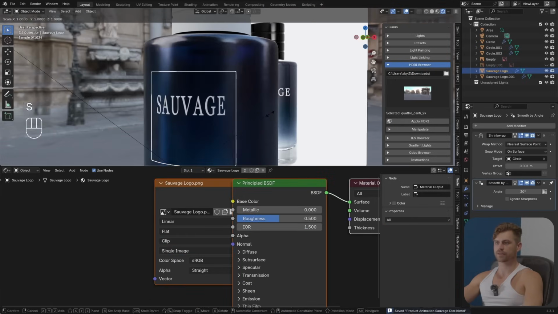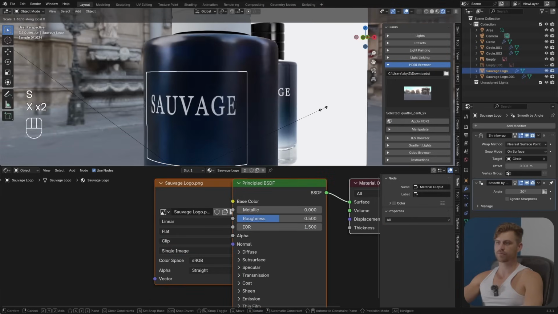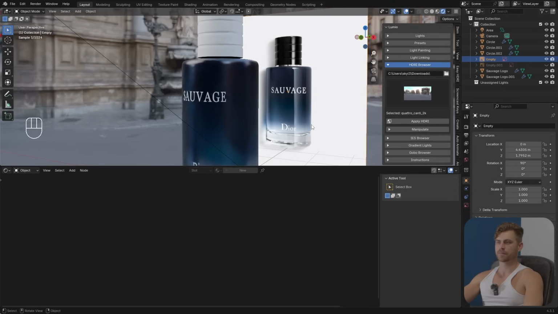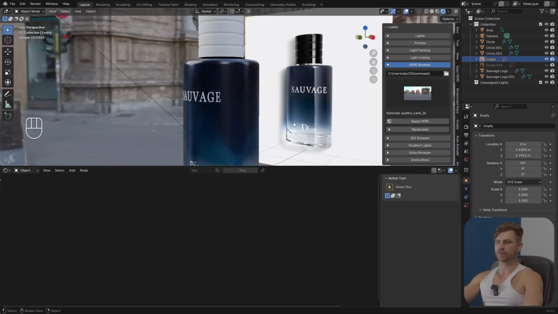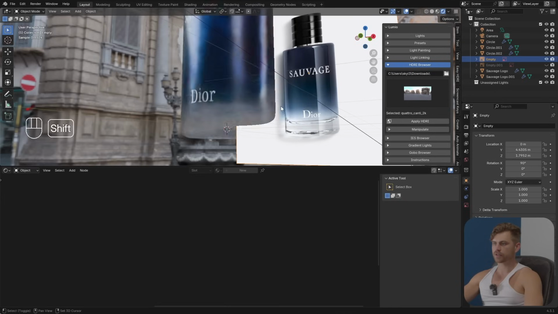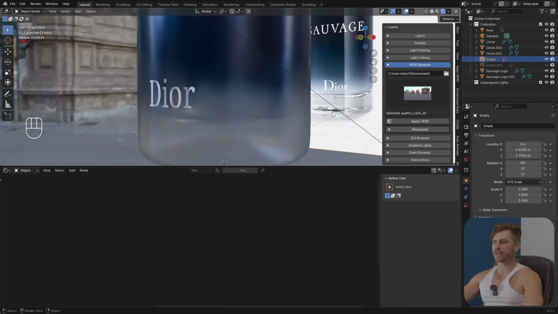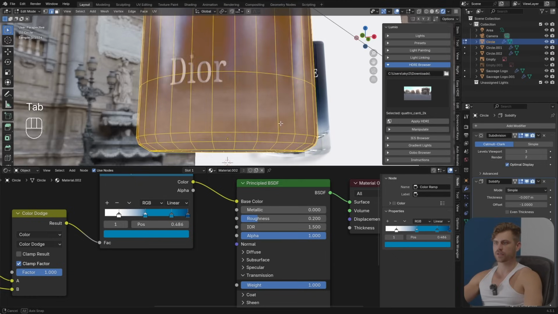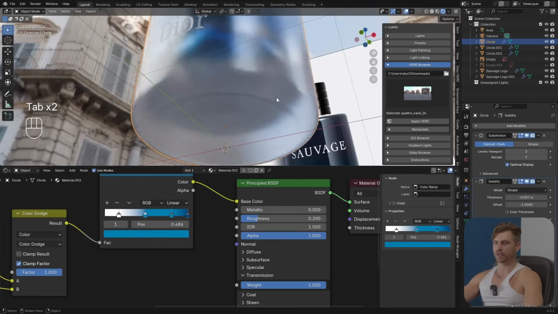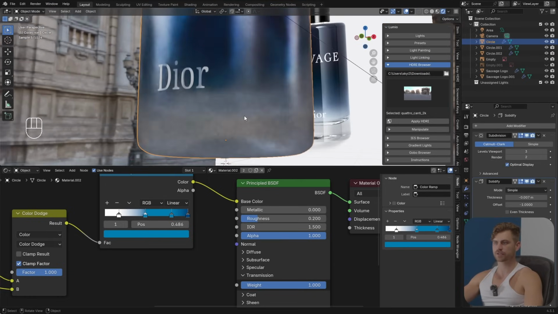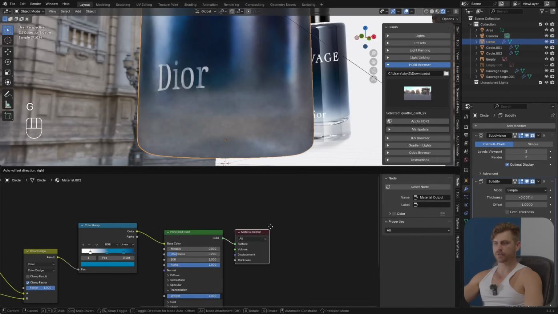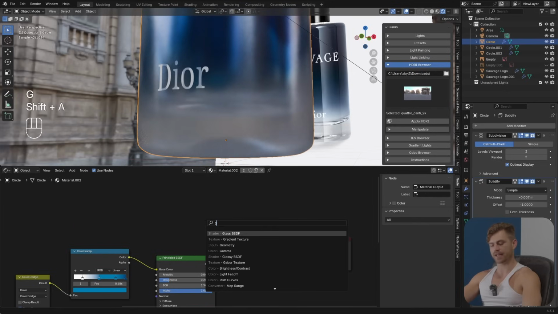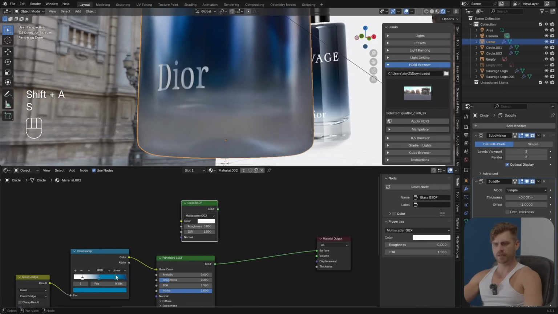Not a great fan of this text. I am going to stretch it out a bit more, S X X. That seems a bit better. Same goes for this one. Not entirely sure about the glass area that we see right there. I think that we can change a couple of things to make it look better because it's a bit too washed out or something. And what I'm going to do is I'm going to add a glass BSDF,